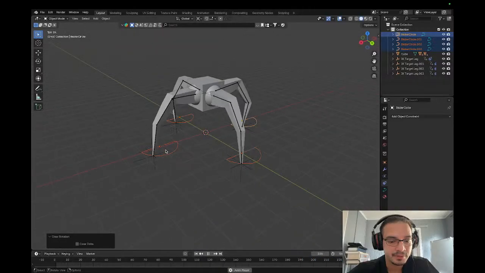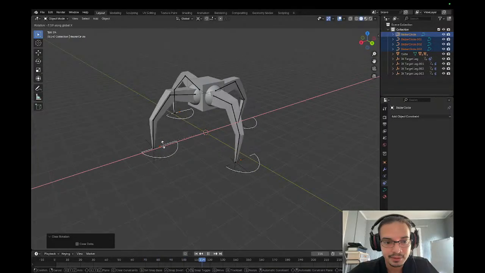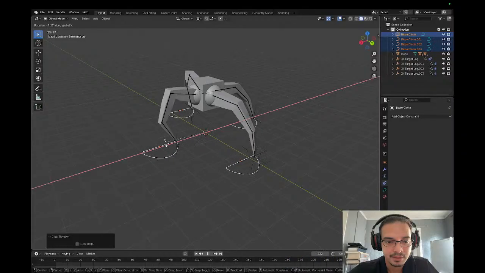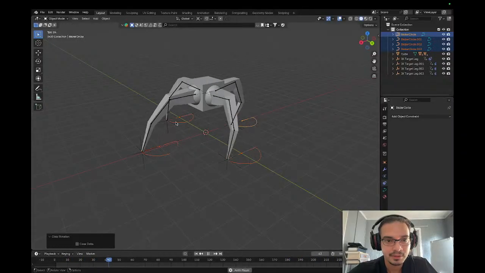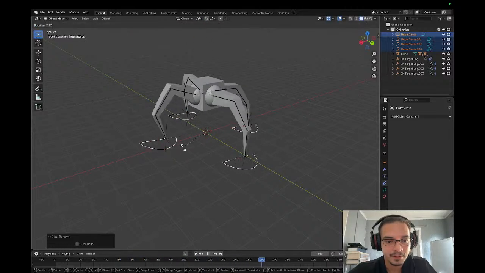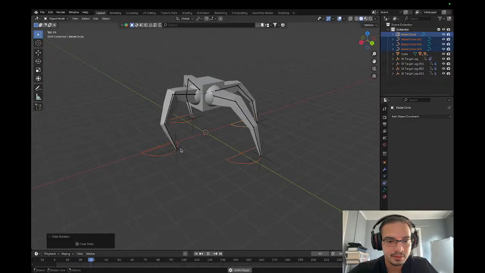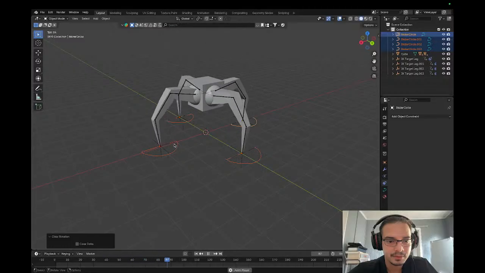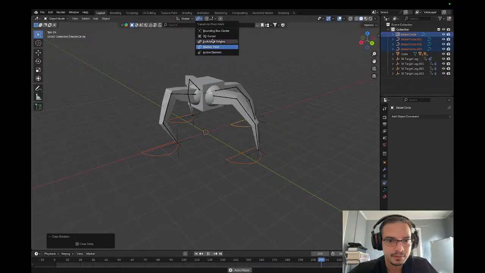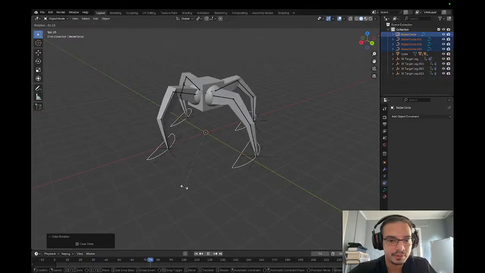It doesn't even matter though, because I can hit R, X, okay, no, median point, R, individual origins, R, yep,